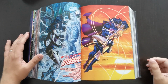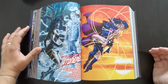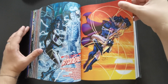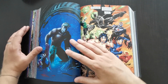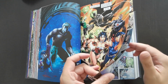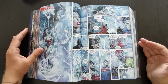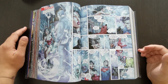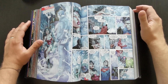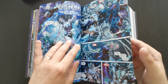I know that people aren't fans, at least a lot of people aren't fans of the Superman-Wonder Woman relationship, but I thought it was really nice. To me, it makes sense for the two of them to be together because they're both incredibly powerful people. They don't have to keep any secrets from each other, at least not about their identities and what they do. It was a relationship that worked for me, and there was a separate series during this time as well called Superman Wonder Woman. I don't think it lasted very long, but it basically starred the two of them and focused